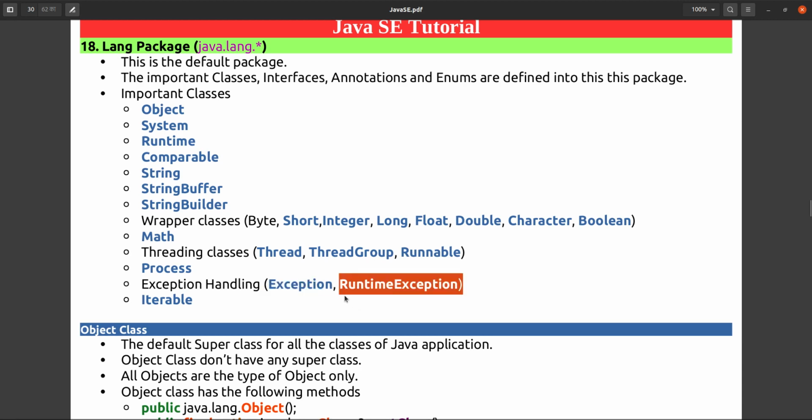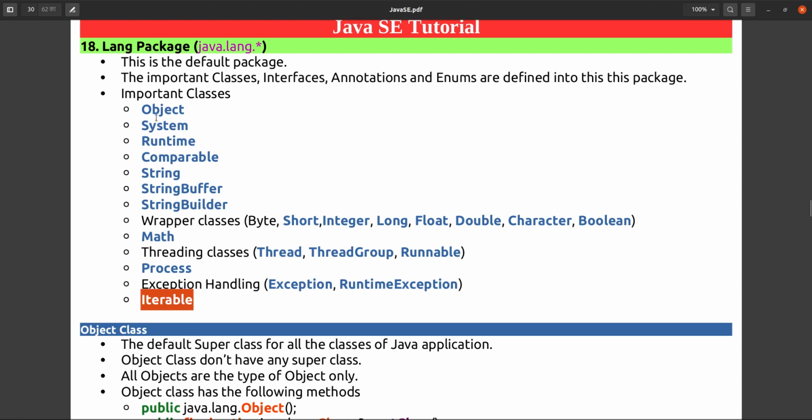So many others are there. I have just given two only here, because these are the two types in the exception, accordingly those classes are given. One is iterable, that will come in the util package, but we will see this interface.